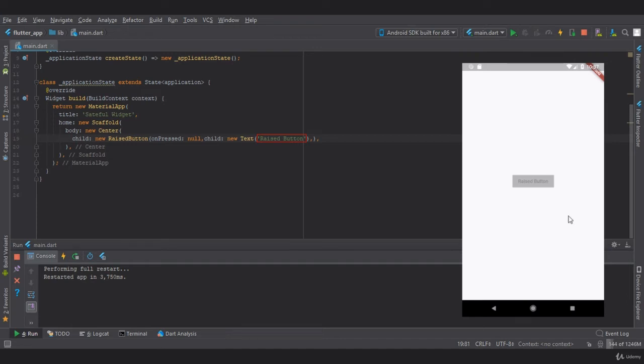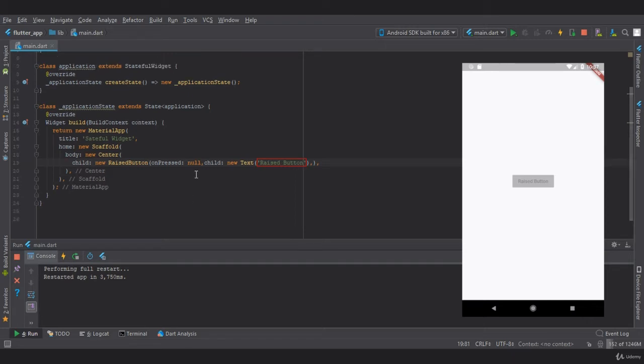Now as you can see, we have successfully created a raised button, but it is disabled right now because onPressed is null. The two operations that we are going to perform in stateful are initState and setState.